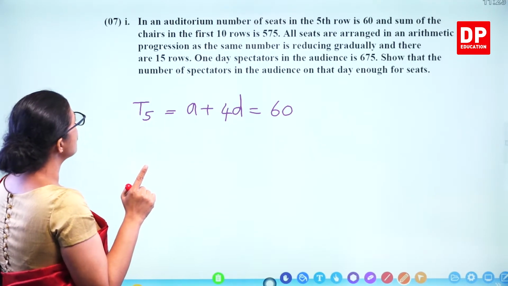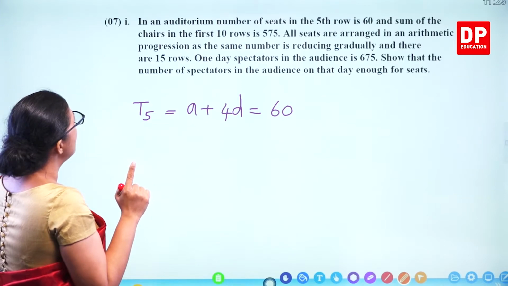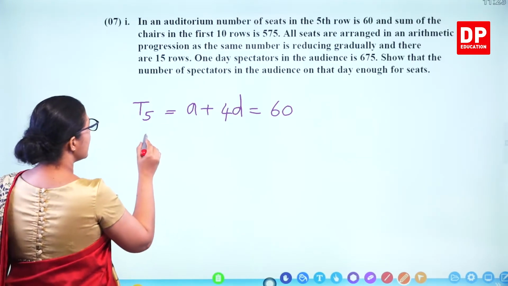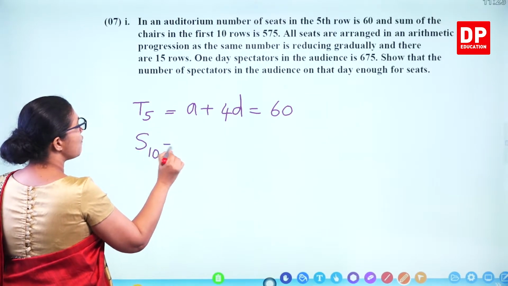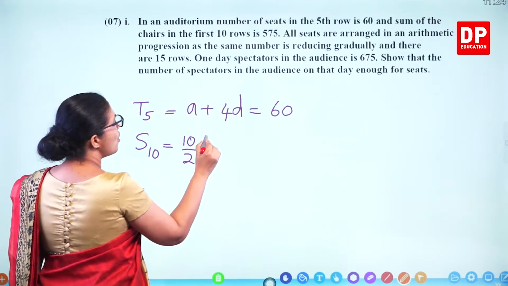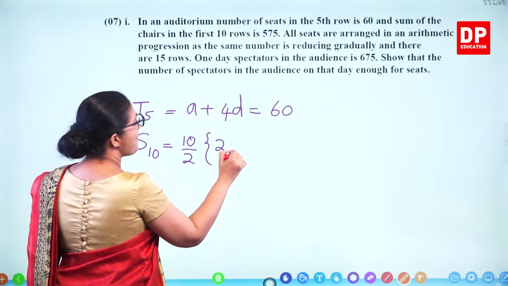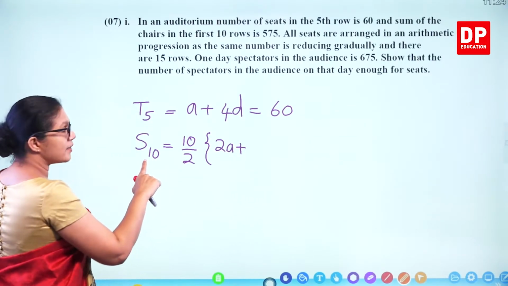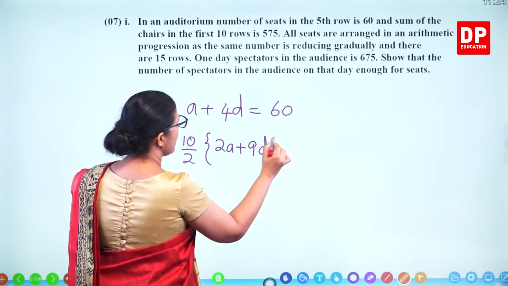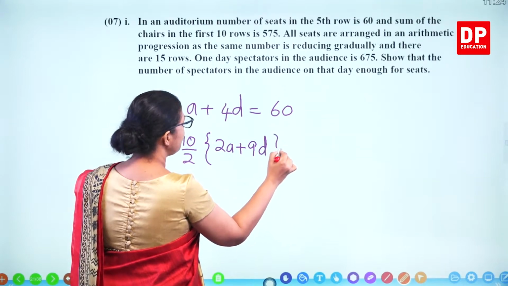That's your first equation. And the sum of first 10 rows, S10. What is S10? What's the formula? n over 2, 2a plus n minus 1, that means 10 minus 1, 9d,